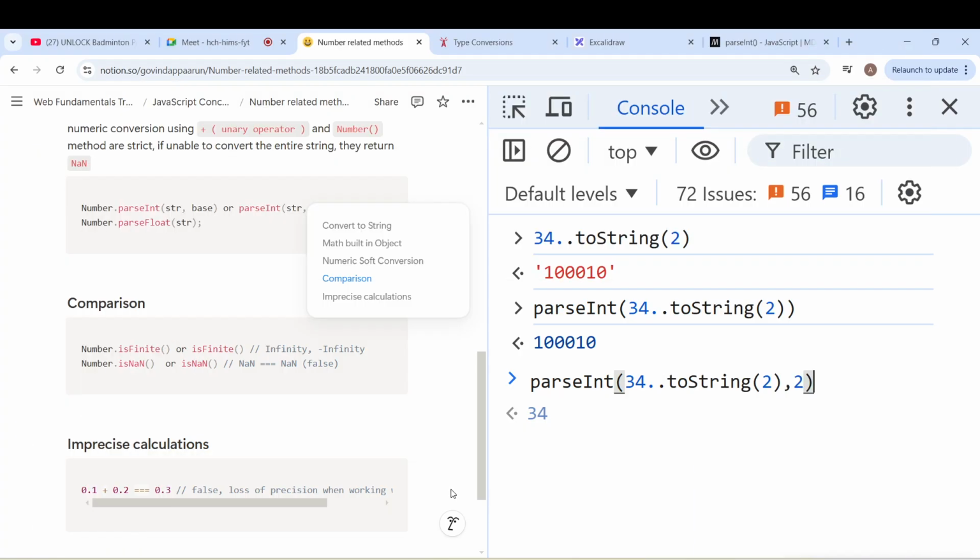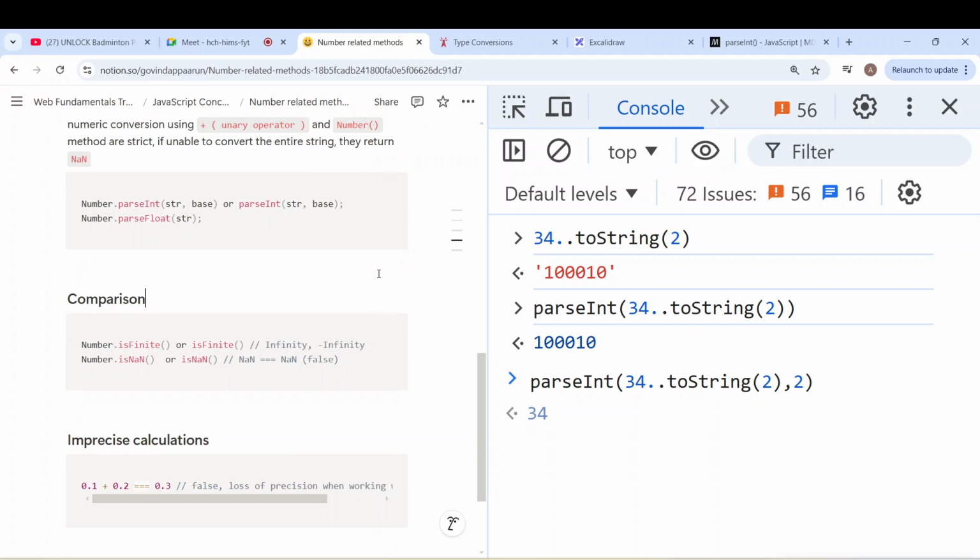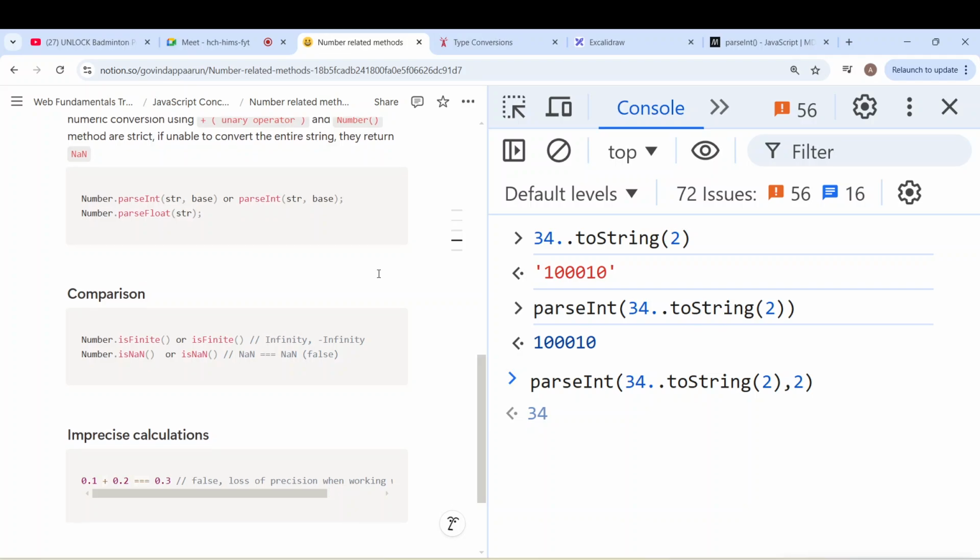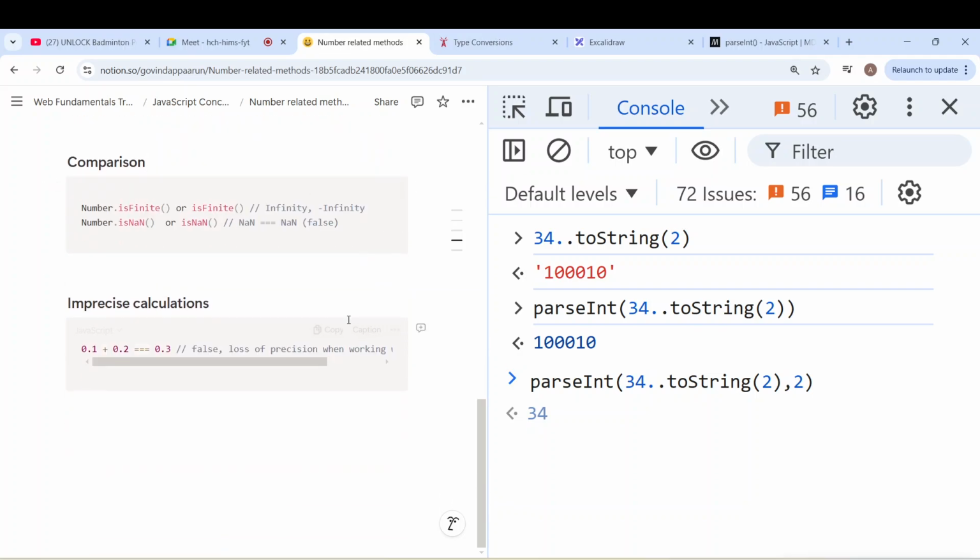What I was saying: we were just discussing parseInt and parseFloat. I was telling you the different variations of parseInt and parseFloat, and why we have those methods. Okay. Another thing is comparison. So for comparing,